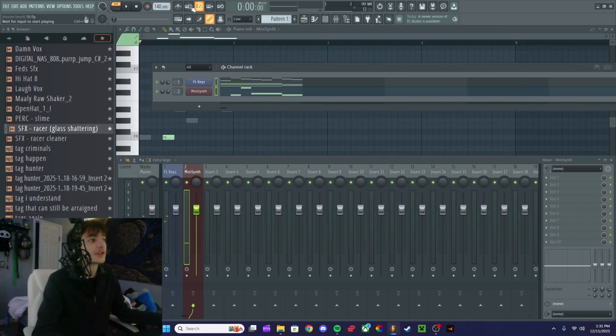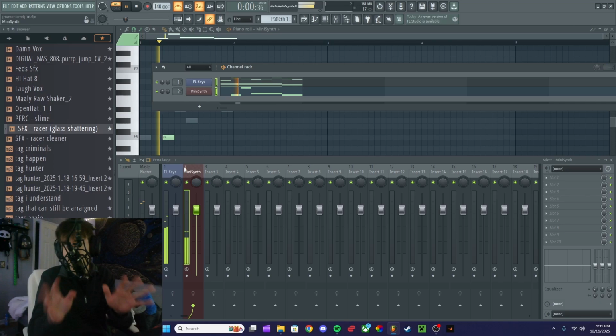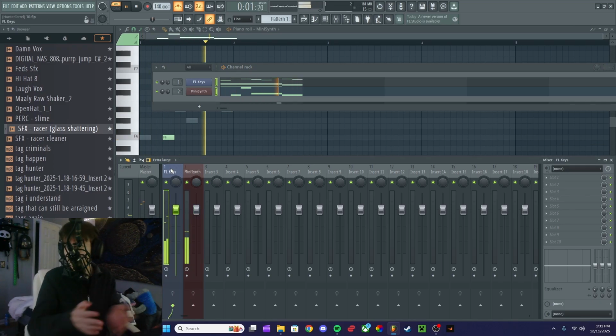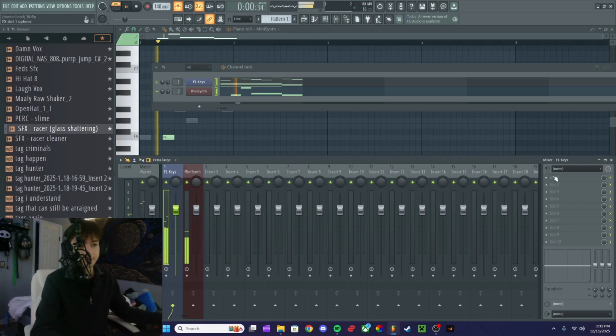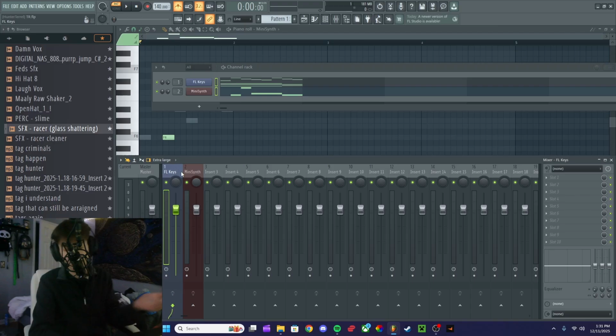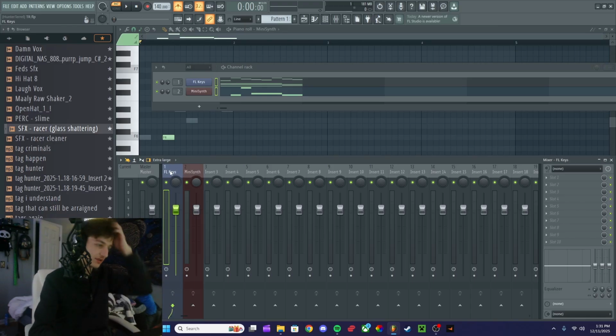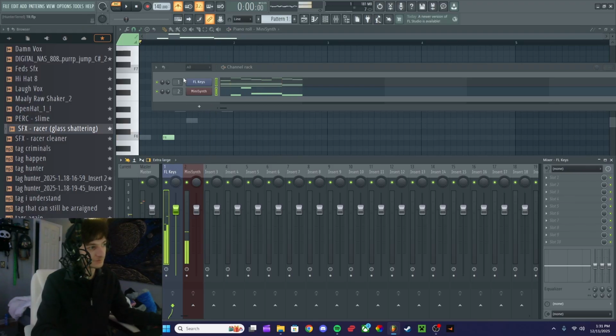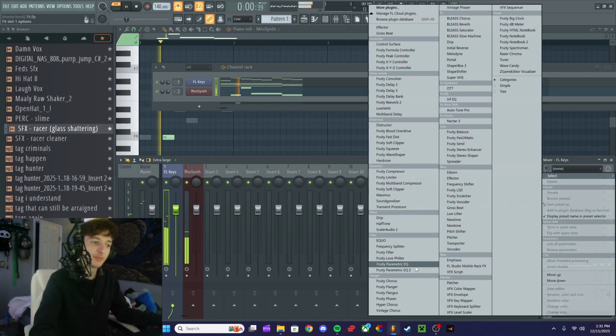So now we're cooking. We're gonna click this metronome just to make sure that we're kind of staying in a little bit of a rhythm here. We're gonna add some effects, just to make sure that you've got a lot of versatility in making your own beats. So FL Keys, click on this. This is everything that you're putting right here. This is going to be your effects for whatever thing that you have in the mixer. So let's say you have this in this channel. You got FL Keys going in this channel. You put